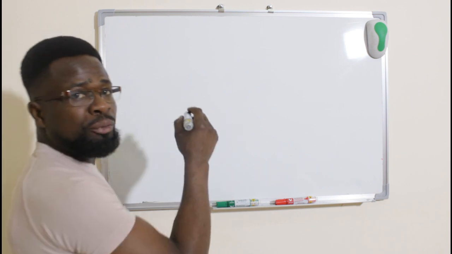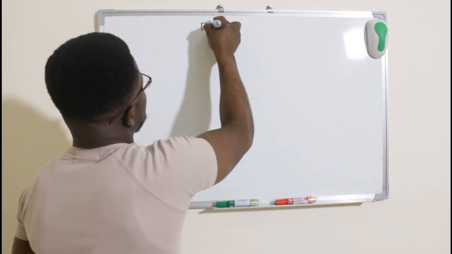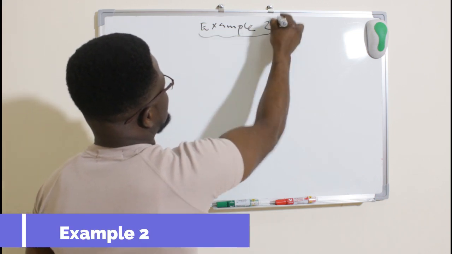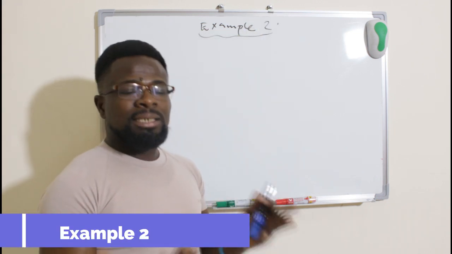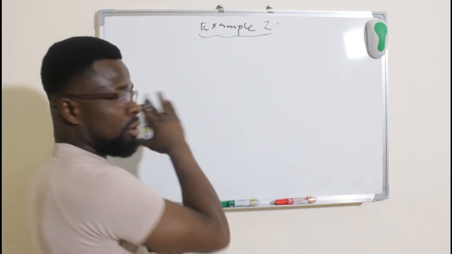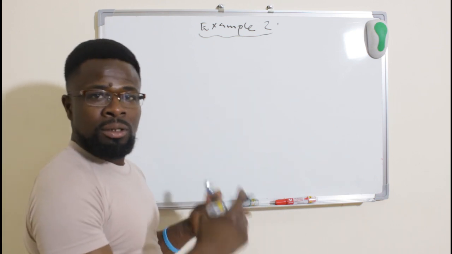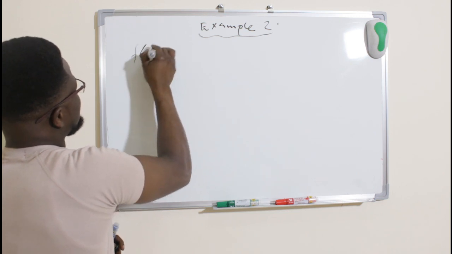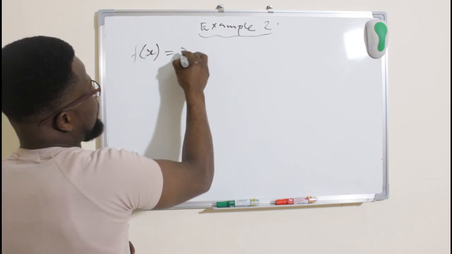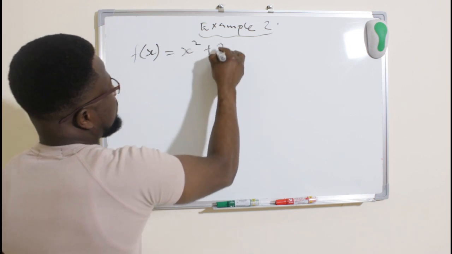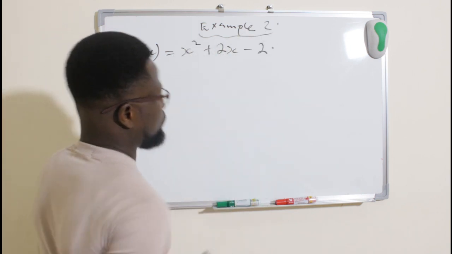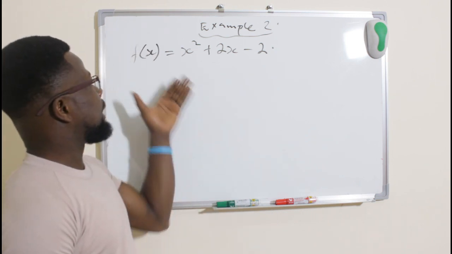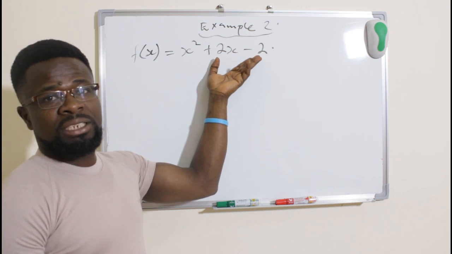Okay, let's look at example 2. Let's assume that we are given the function. I'm not going to write the whole sentence again. Let's say that we are given the function f of x is now equal to x squared plus 2x minus 2. This is the function that we are given, and we are told to find the derivative of this function using